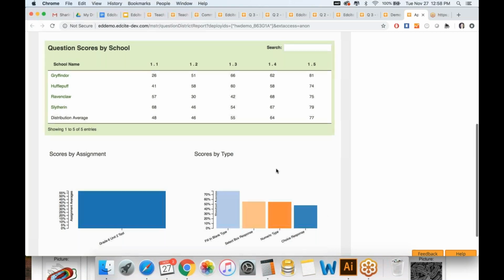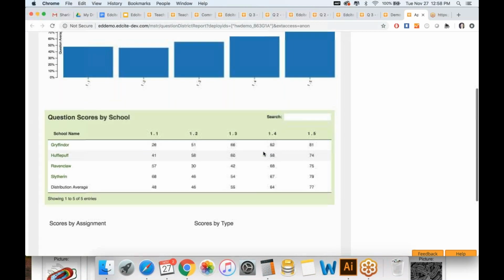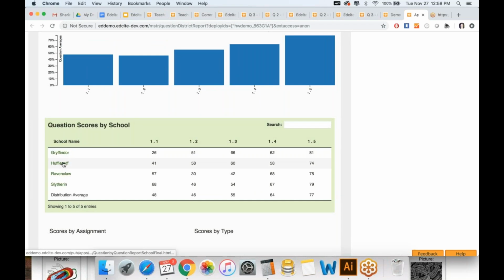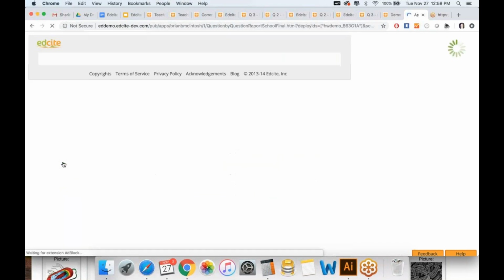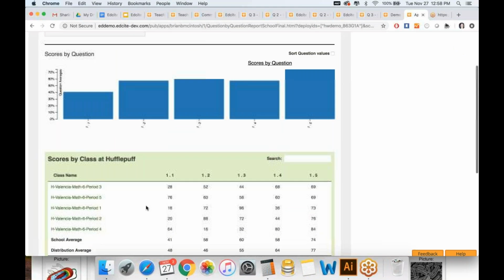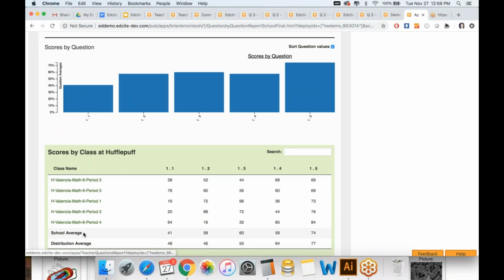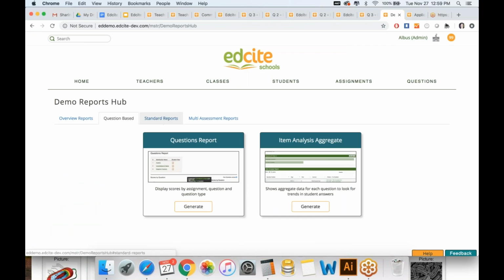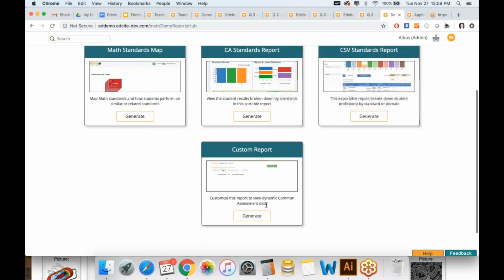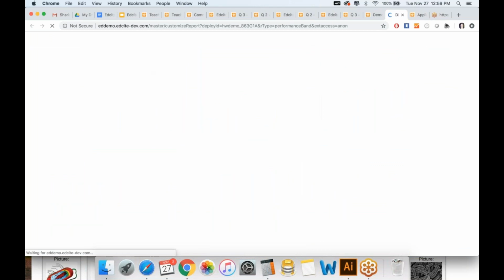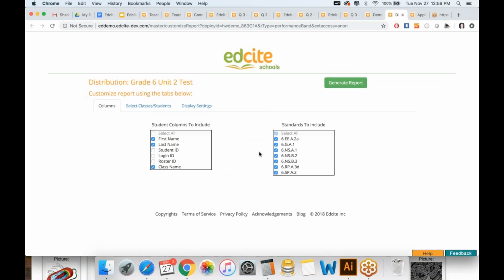And also with an admin level report, everything that you find, you're going to have the option to deep dive. So I can dive in and then see for this school all of the classes versus the district average. And then I can deep dive into those classes. And so again, all of the data is going to give you that high level view, and you can drill down.